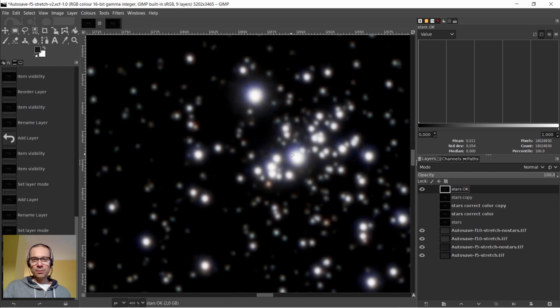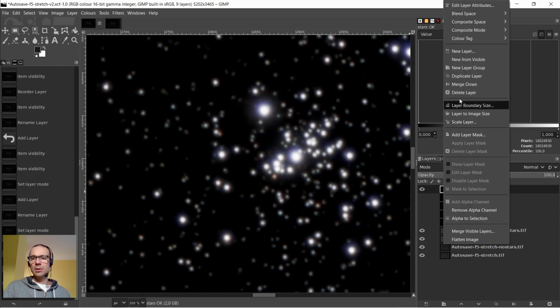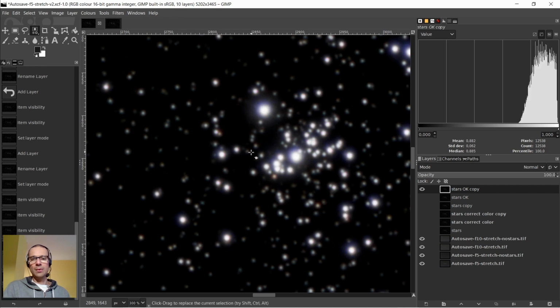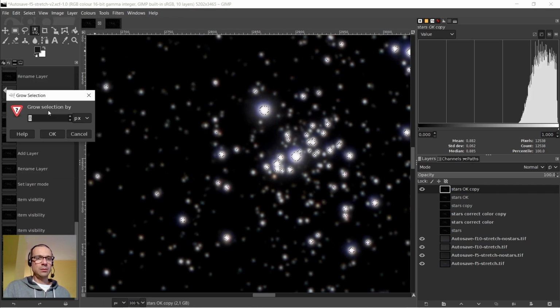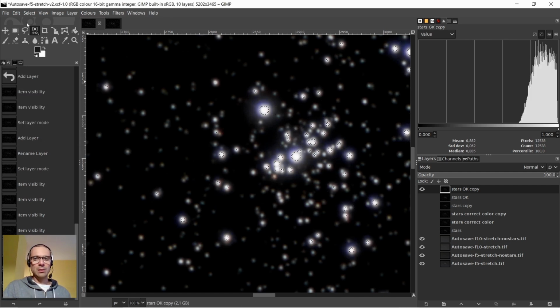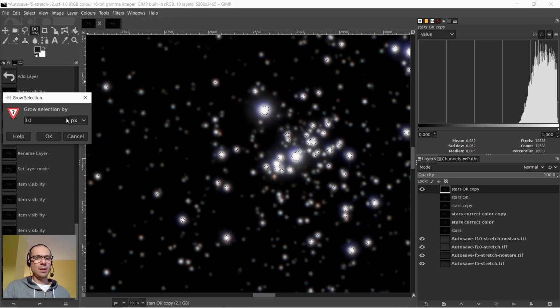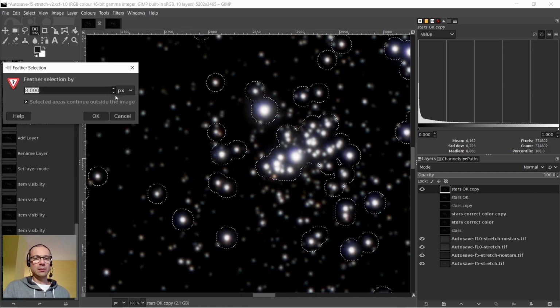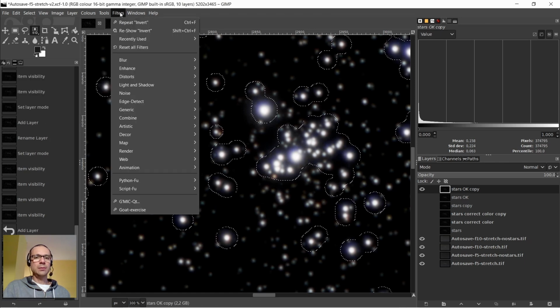So now what I can do is first I can make the stars smaller. Let's duplicate this layer just in case. For this I will use select by color. Select grow by 8. Maybe by 10. Select grow by 10. Select feather, let's keep it at 8. And let's use